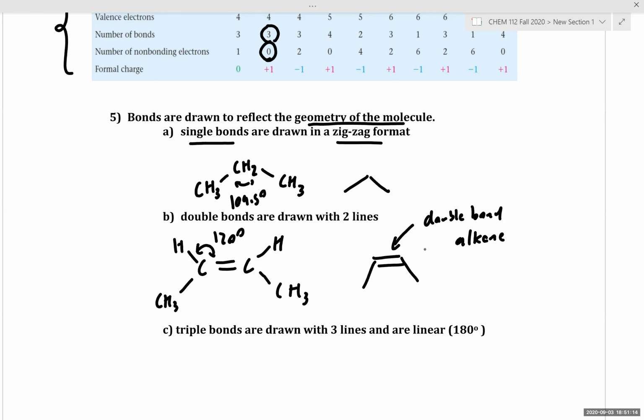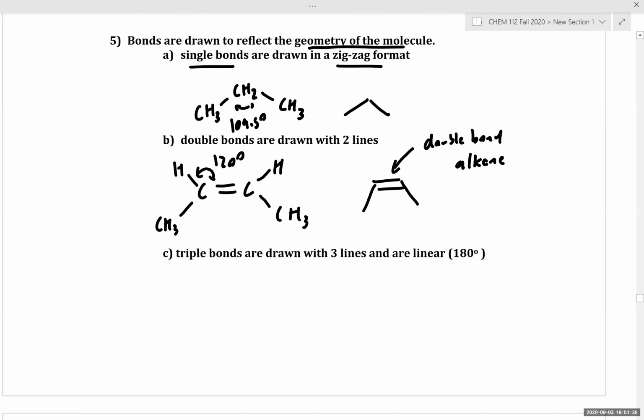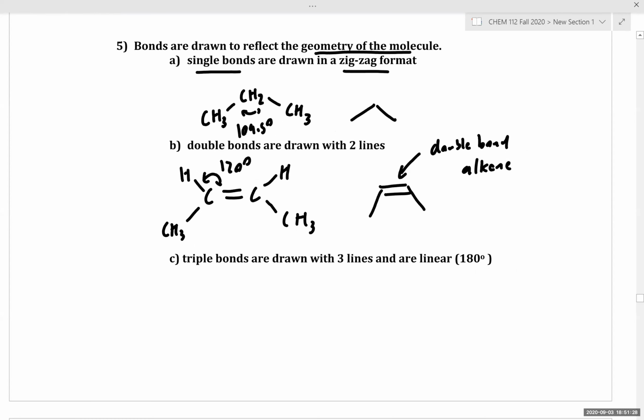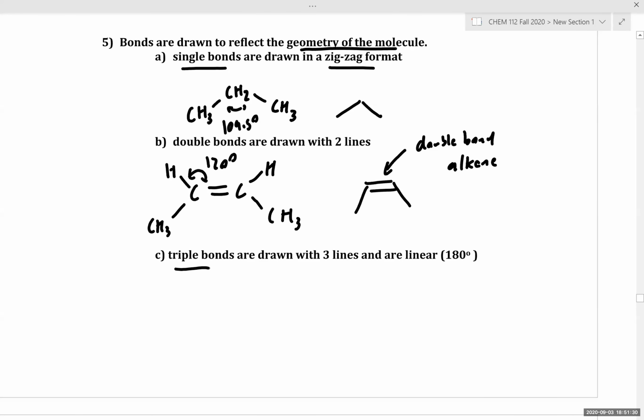This will serve you well in helping you understand the shape of these organic molecules. And shape is really important when it comes to reactivity and accessibility. So triple bonds are drawn with 3 lines and are linear. They have 180-degree angles. So for example, if we have the following structure that contains a triple bond,